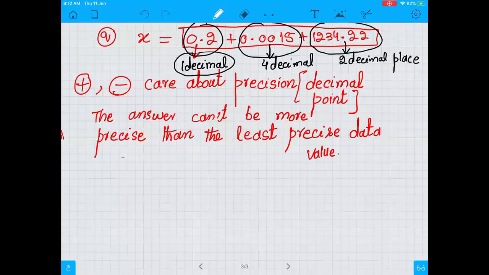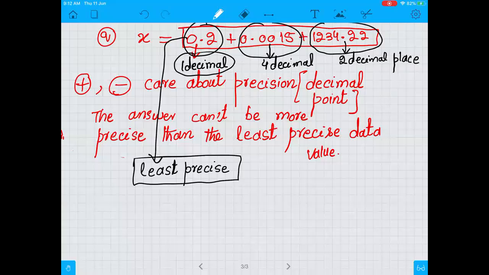0.2 is the least precise number. So the answer cannot have more than one decimal. So if we add these three numbers, you see one of the numbers is 0.2. The second number is 0.0015. The third number is